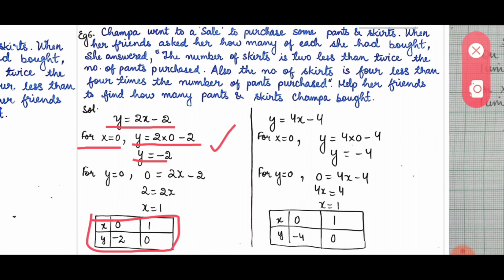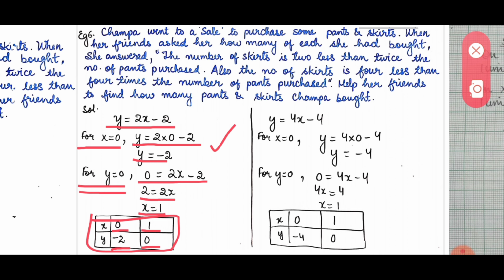Okay, now let us put the value of y as 0. I have already told you that it is not mandatory to put the value of x and y as 0. It is up to you. You can take any values of x and correspondingly you can find the value of y. Now I am putting the value of y as 0 here so that I shall find the value of x. Now 0 equals to 2x minus 2. You will get 2 equals to 2x or x equals to 1. So you saw that when we put the value of x as 0, you got the value of y as minus 2. And when the value of y is 0, the value of x is 1.